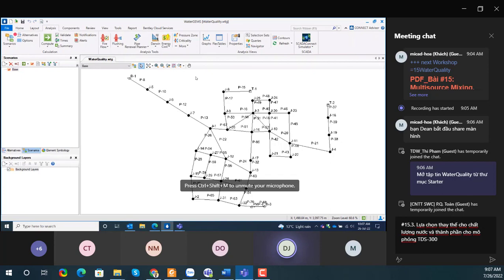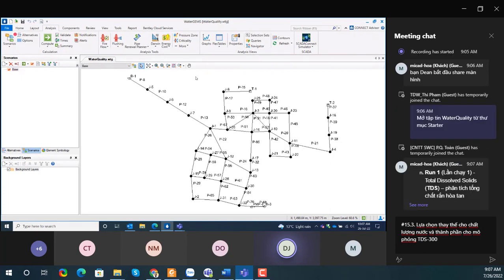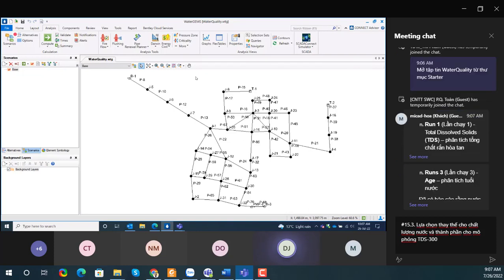And then we're also going to do an age run and see how the water is within the tanks and throughout the rest of the system. So that's the plan, and you'll see that water quality is actually quite easy to use. This type of water quality, what we call constituent water quality, is pretty quick and easy to set up and run. Okay,